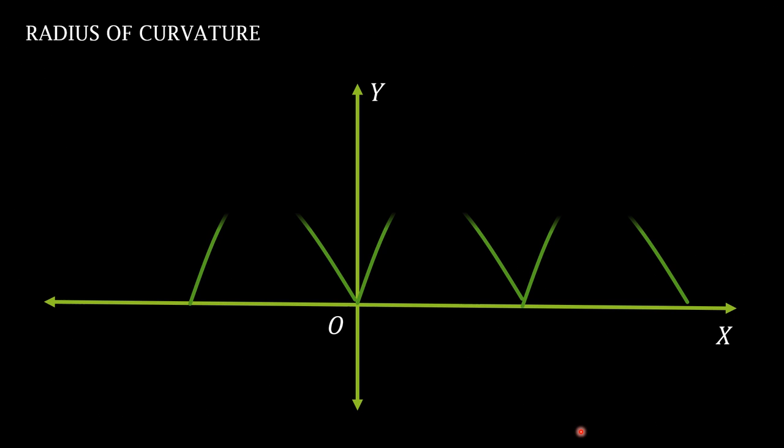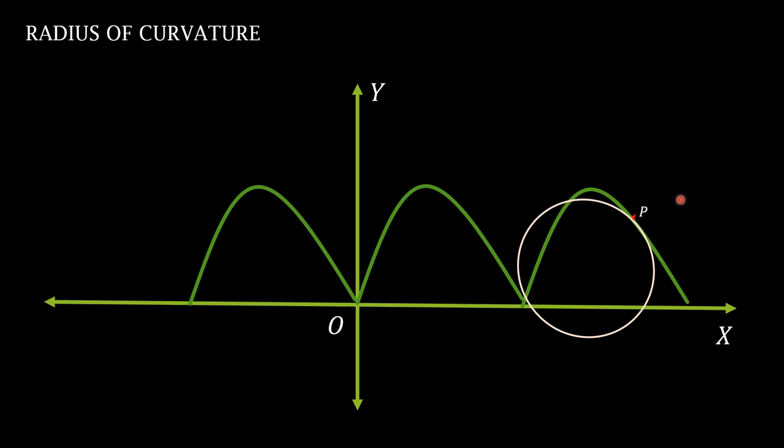Just consider a curve in an xy plane. In order to measure the curvature at any point, say suppose at the point P, just observe over here students, the extent of bending of a curve at the point P is comparatively less to that of any point at the peak level, isn't it? Now to measure the curvature at the point P, we have to find a circle of best fit passing through the point P, and this circle is called an osculating circle.